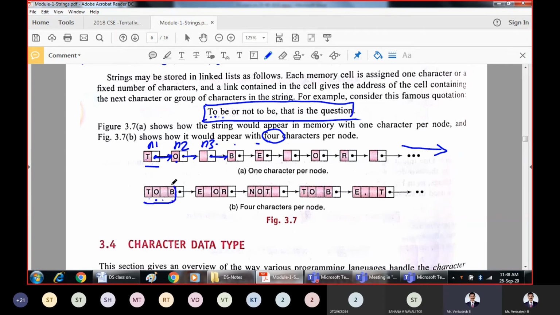This is one group of data, then a pointer to the next node. Then store the next 4 characters: E, space, O, R. Then a pointer to the next characters: N, O, T, space. Another group and pointer, and so on. This is how it will appear by using a linked list.